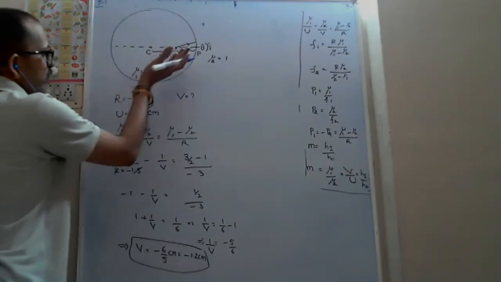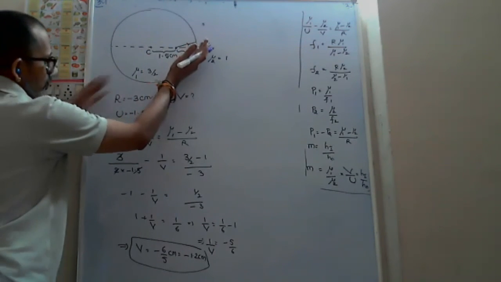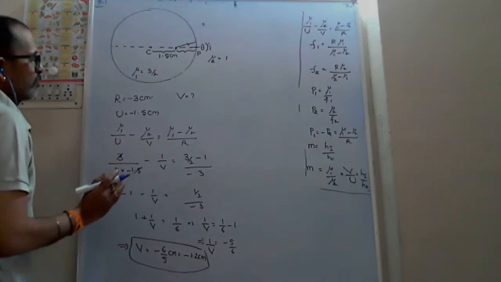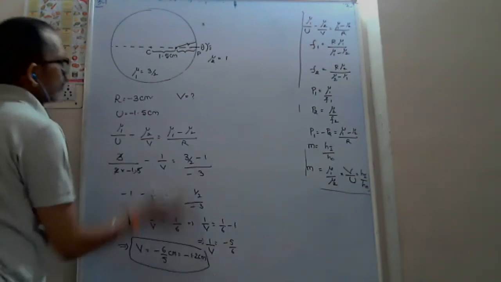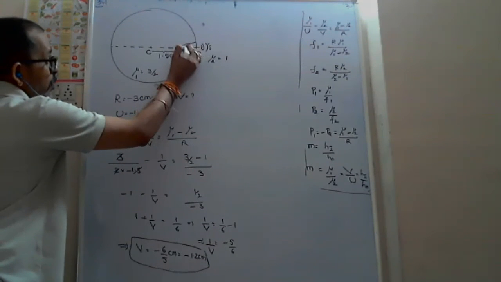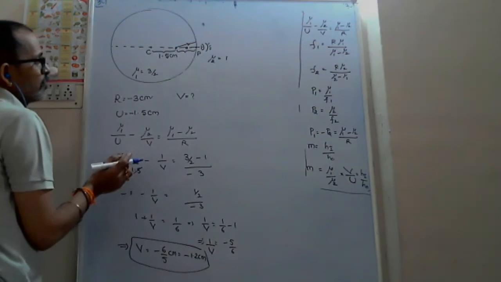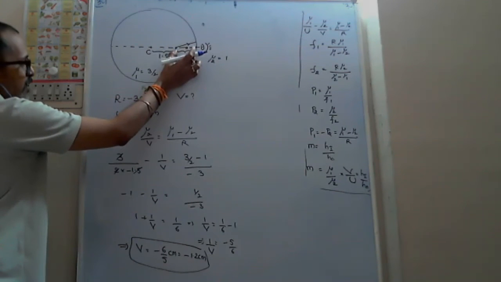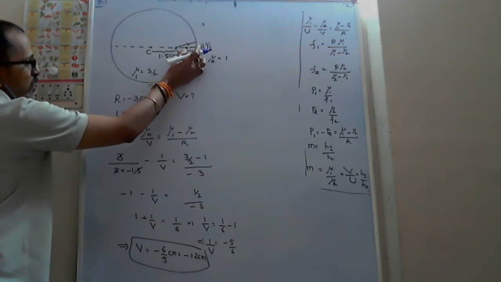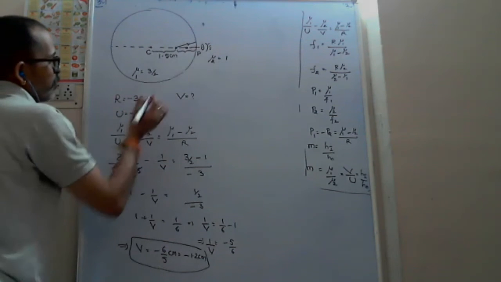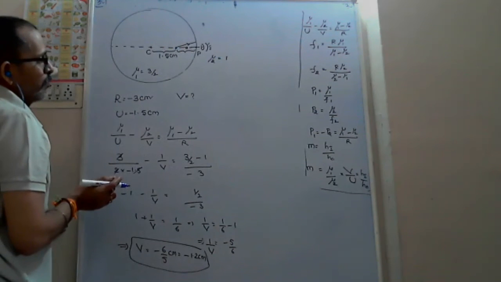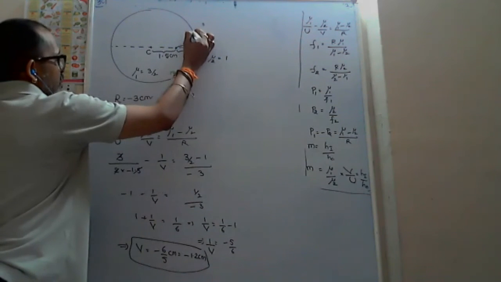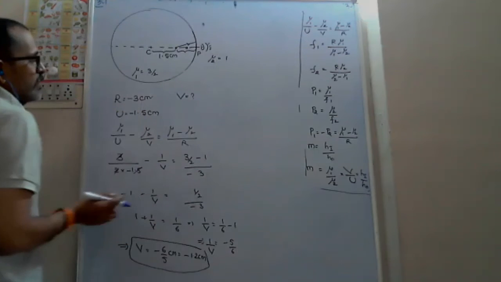Minus 1.2 means you see that bubble towards left or towards right? Towards left. At what distance? 1.2 from the pole, so it will appear somewhere here. In between, because this is 1.5, but this distance is 1.2. Means it appears close to the surface or away from the surface? Close to the surface.